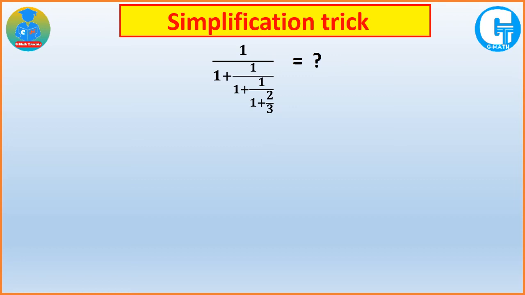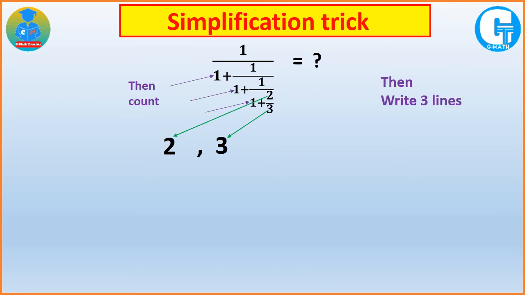For that, first write 2 here, then write 3 here, then count this 1, 2, 3 times, then write 3 lines like that. Then